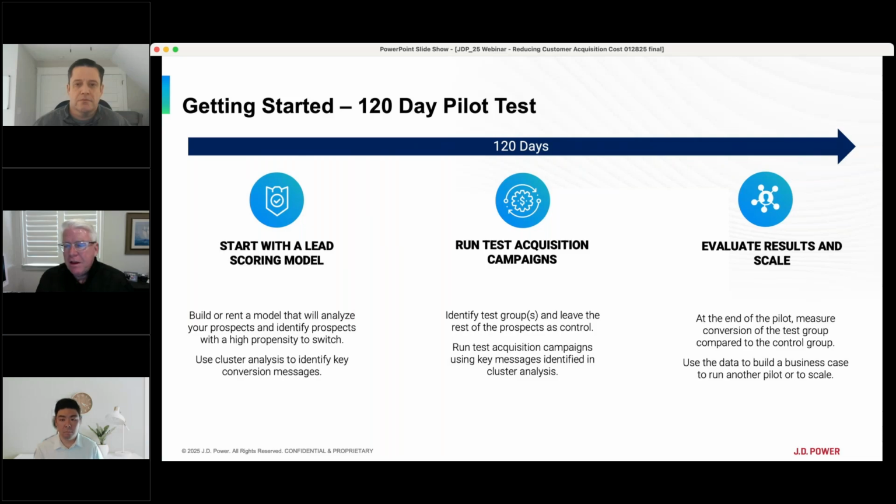And then at the end of the pilot, you can measure conversion of the test group or test groups and then compare that to the control group. And then from there, you can use the data to build a business case to either run another pilot, or if it's really super successful, just scale from there. So,